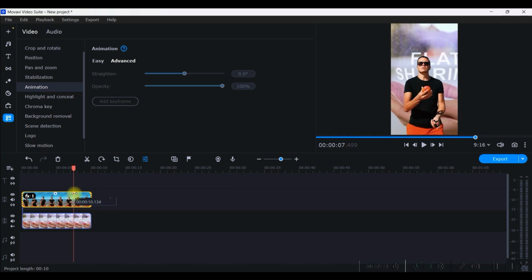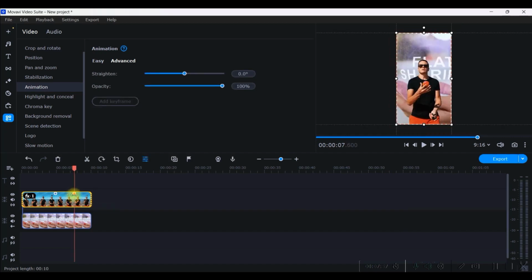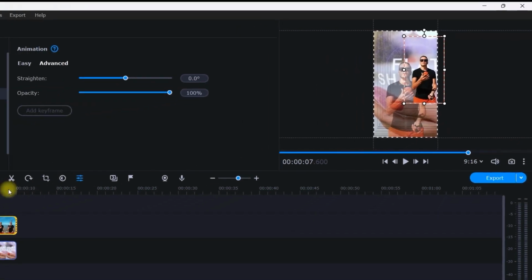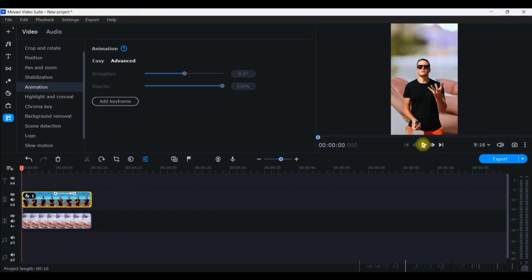So I will keep this keyframe right here and then select it. It will turn red, and then I'll have to make it small and position it by dragging it. Position it in between the hands. In the background there is a hand, I can see, right? So I'm going to position it in such a way so that it seems that this person has gone inside this lady's hand. And once you are done, then let us see how it is looking.